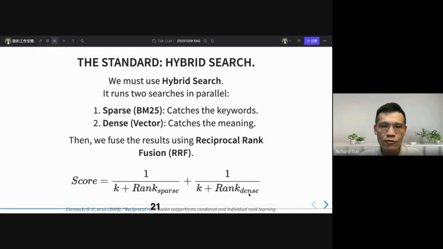Yeah, I'm so surprised that many of my master students in my lab don't know this formula. They just use weighted sum. But I think you can try this score, because this is widely used in the IR community. And if you write a paper or your thesis without mentioning RRF, the IR community will think you did not do enough literature review, because you overlooked this widely adopted standard.